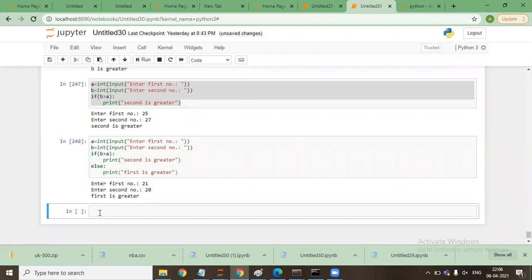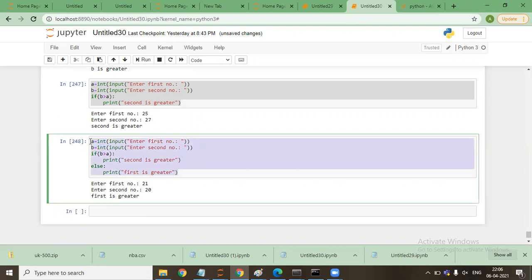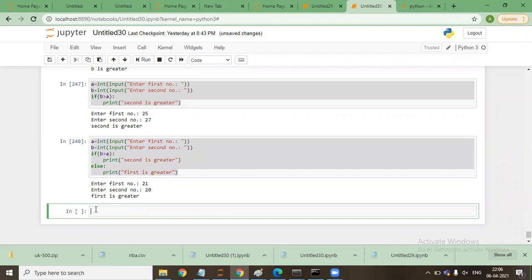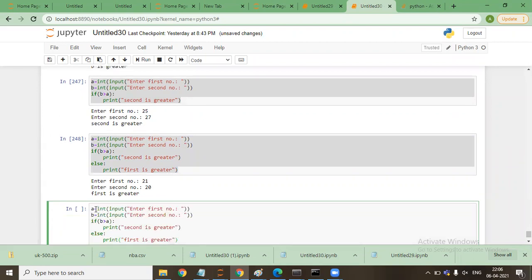So but the thing is, let's say I have more than two conditions to specify.